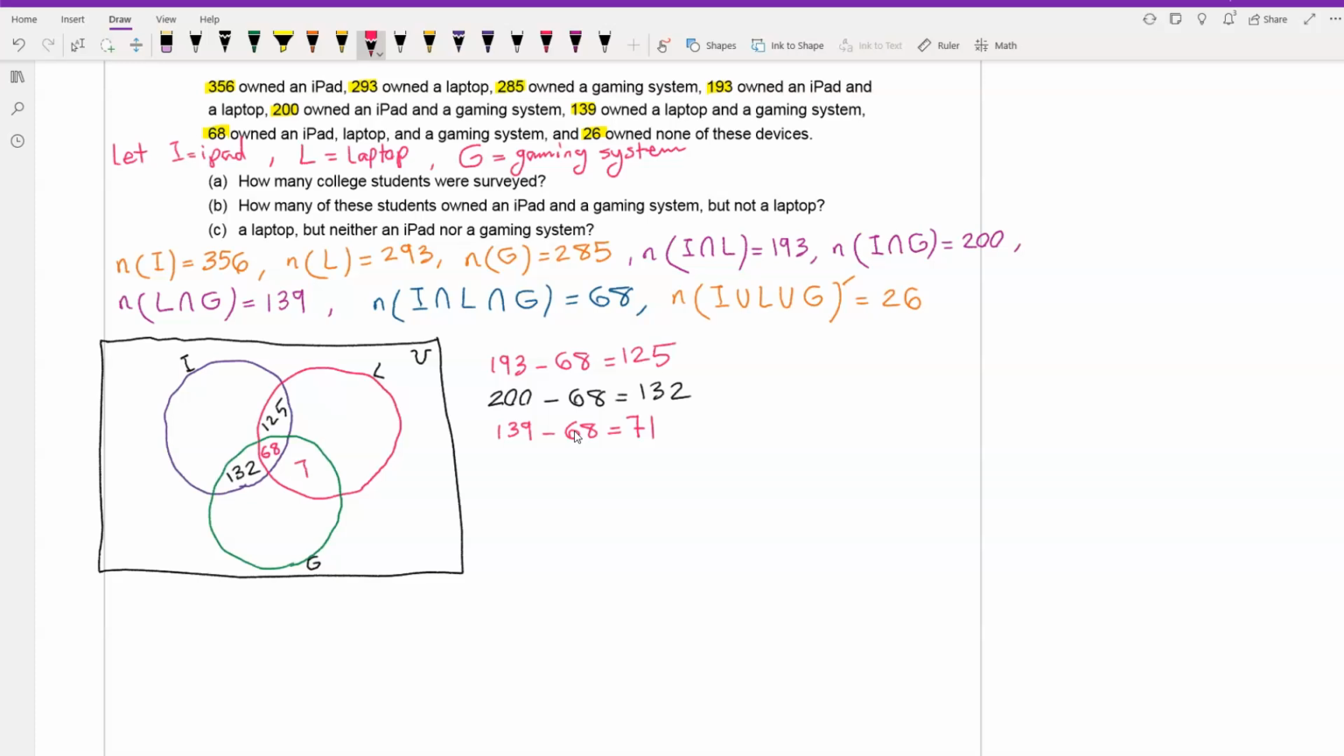So this is 71. And now we have to find what we have for this part: only I, only L, only G. To find the answer for only I, here we have,